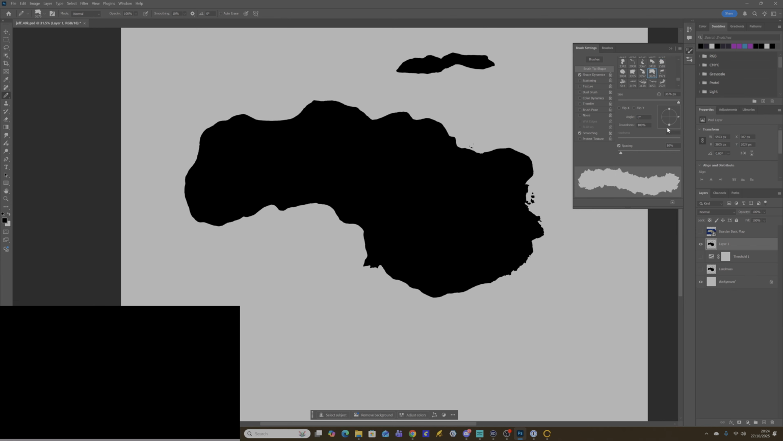So this is just a case of working our way around, just creating a little bit of variation. I kind of like that. Yeah, that looks quite cool there. Just changing up the brushes, just making sure we don't have